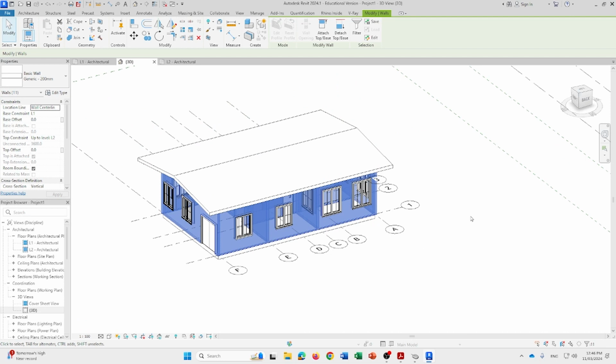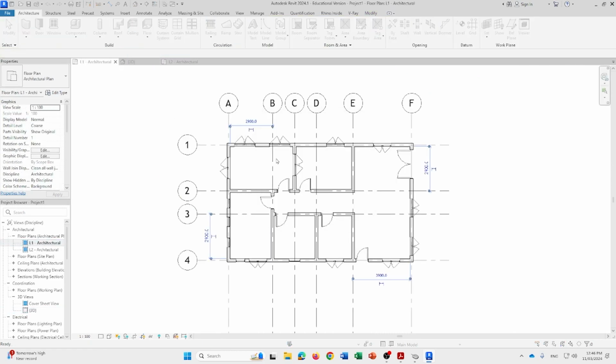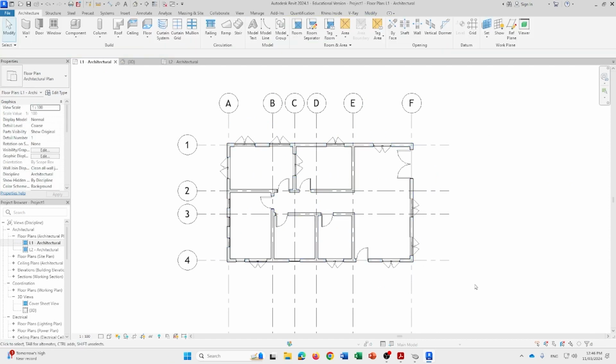Okay, we'll do one more thing before we leave, guys. I'll show you how to export drawings as well. This might take a bit of time. Always save your projects by one at the moment. If we want to go back to level 1, if we go back to level 1,